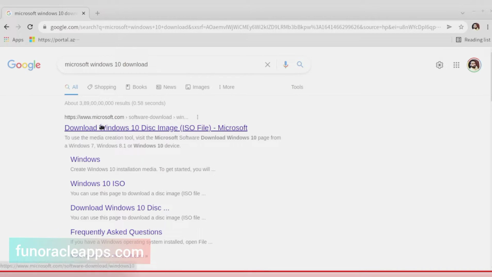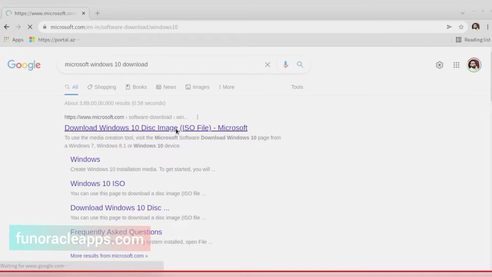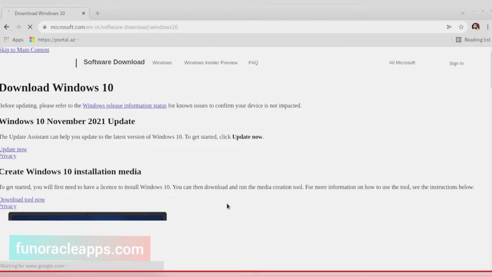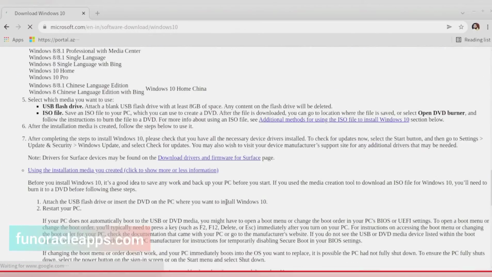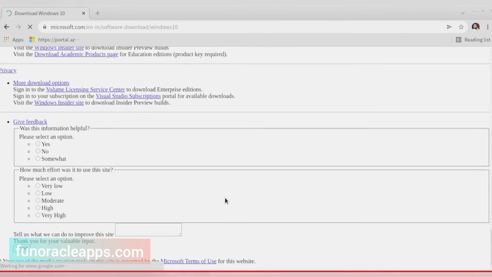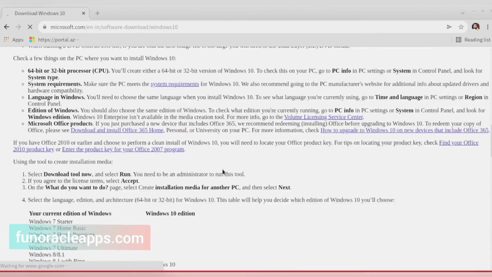So you have to directly go to microsoft.com and you will see this link. So let it open. Okay, and simply based on the version you have to download it.